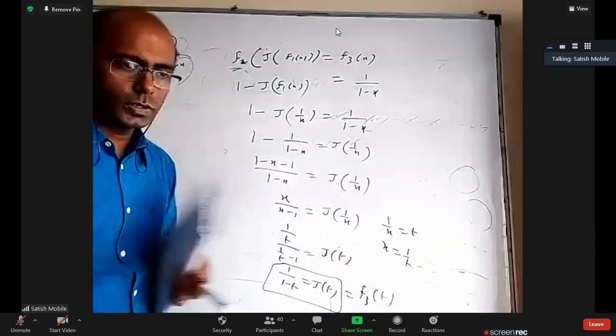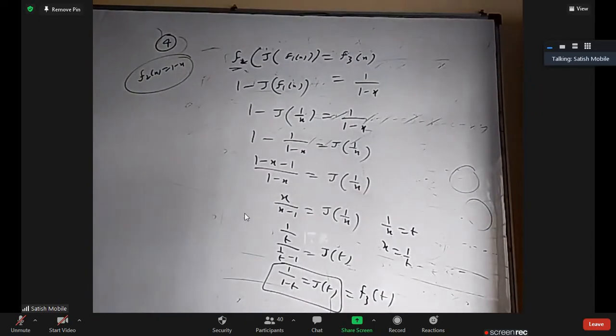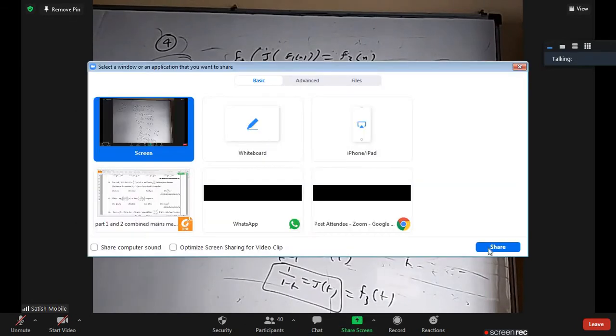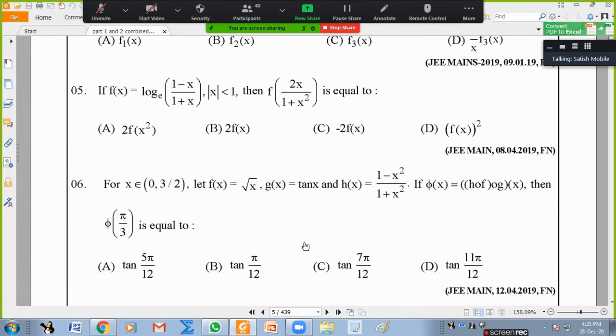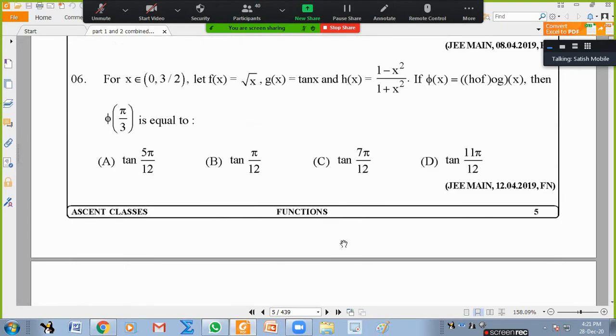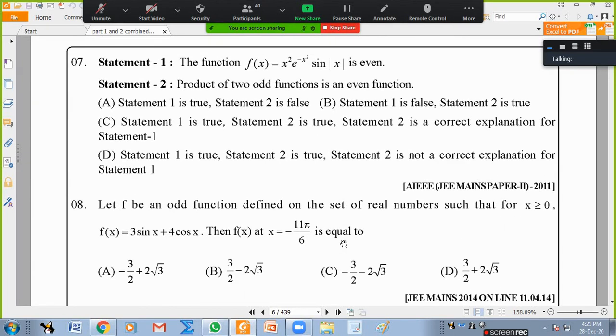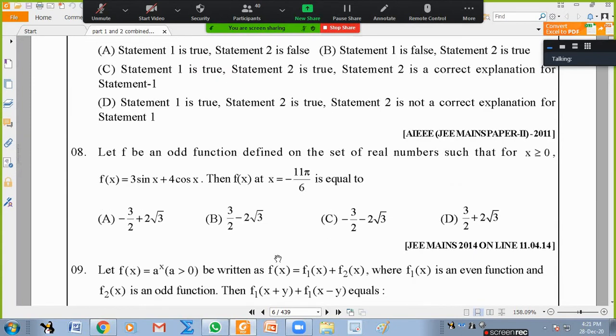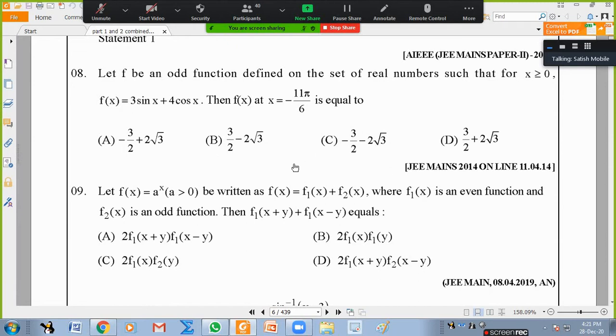Okay, any doubt about the fourth question? I can share this. Whoever has a doubt, is it clear? Okay. Yes, sir. Okay, fifth one, anybody any doubt? Sixth one, in one of the classes I discussed. Seventh one, anybody any doubt? Eighth one, answer should be B, Bombay. He is wrong. Anybody doubt about the eighth one?